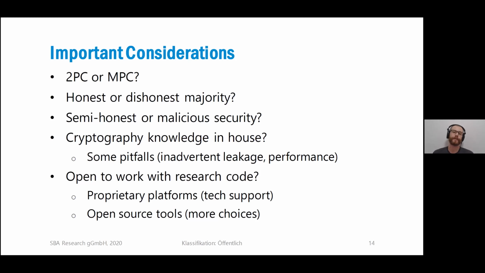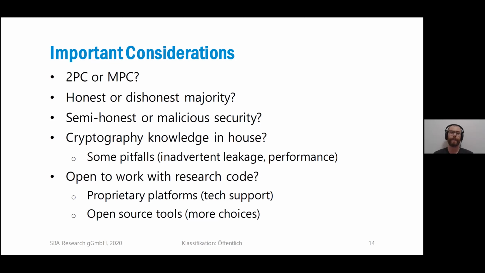The next two questions are mostly about the security guarantees you want to fulfill. So you have, let's say, three or more parties, and then you need to decide how resilient you want the protocol to be. Are you satisfied with an honest majority, meaning that as long as more than half of the parties are not compromised and honestly follow the protocol, everything is secure? Or do you need super strict security and want to be secure even within a dishonest majority, meaning that as long as one party is trustworthy, the protocol will not leak information and will abort? You cannot ensure that the protocol goes through, but you can detect dishonesty,